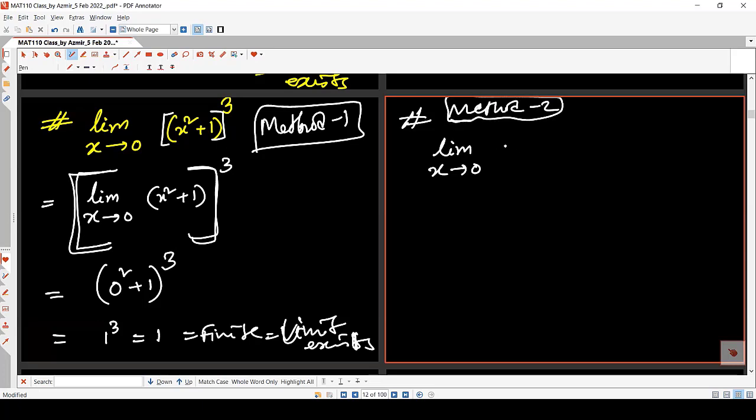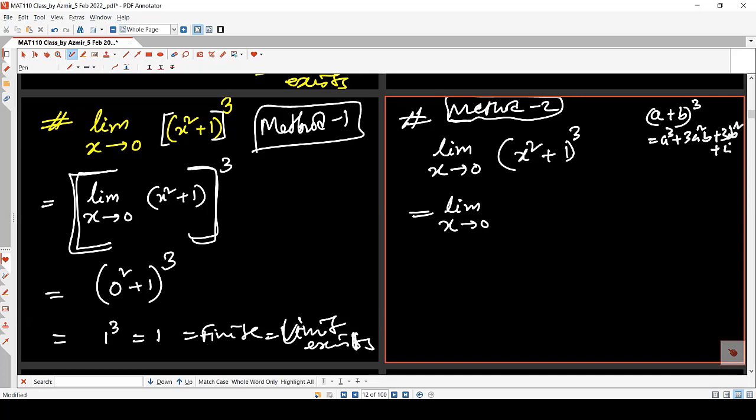The limit of the same function, x squared plus 1, power 3. This time we can apply this formula. We know that a plus b power 3 is a cubed plus 3a squared b plus 3ab squared plus b cubed. So it will be x power 6 plus 3